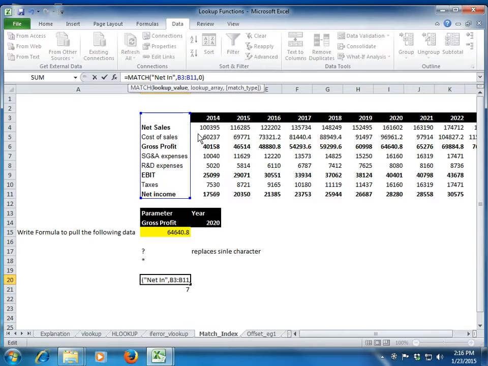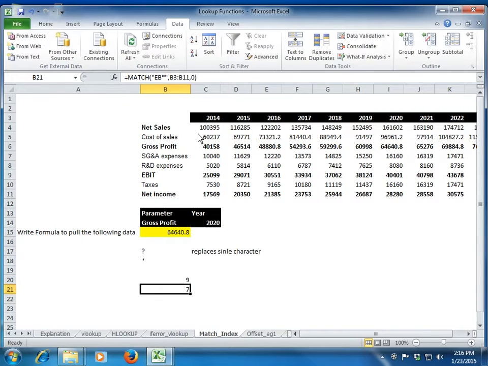So I just simply write "net space" and then an asterisk. Excel will do the rest of the filling for me and give me the output. Right? So this is how a wildcard character works in Excel. A question mark wildcard replaces one single character, while an asterisk replaces all the missing data for me. I can also use multiple asterisks if I want.